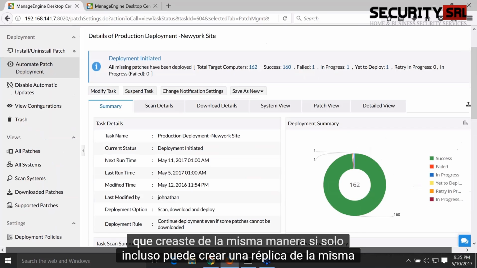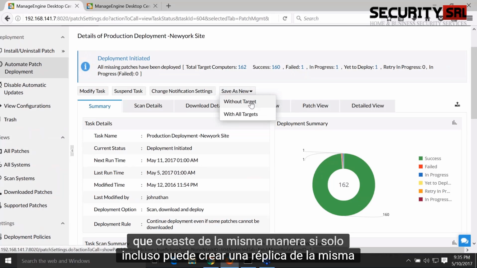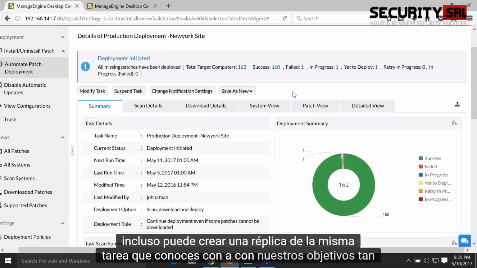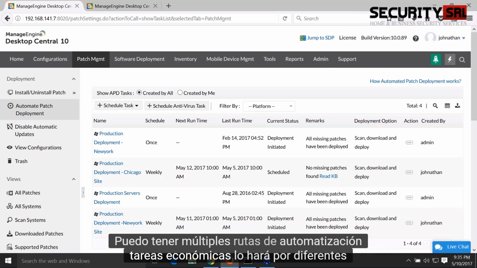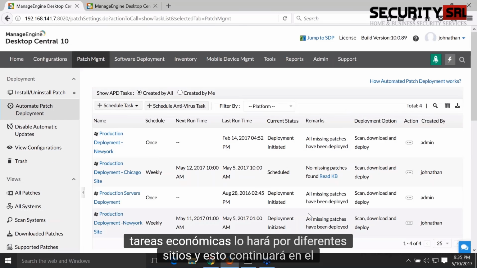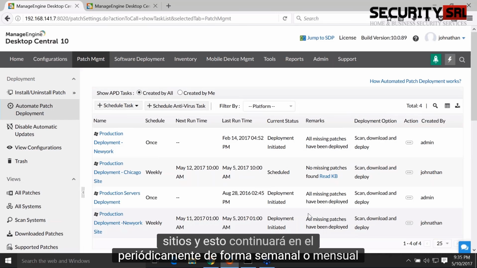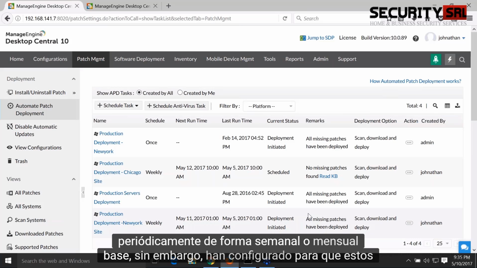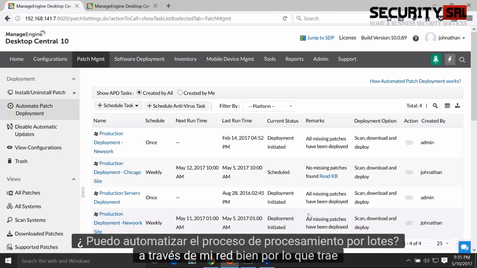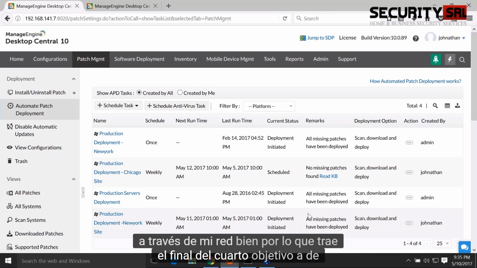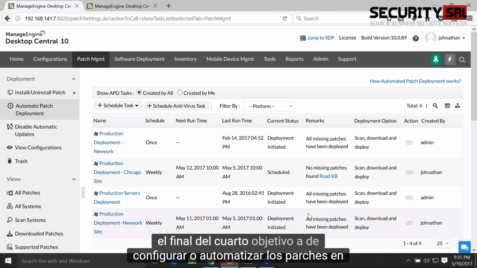The same way, if you want, you can even create a replica of the same task, with or without targets. So I can have multiple automate patch deployment tasks scheduled for different sites, and this will keep going on a periodic basis, weekly or monthly, however I have configured. So this is how I can automate the patching process across my network. All right, so that brings the end of the fourth objective, of setting up or automating the patches on